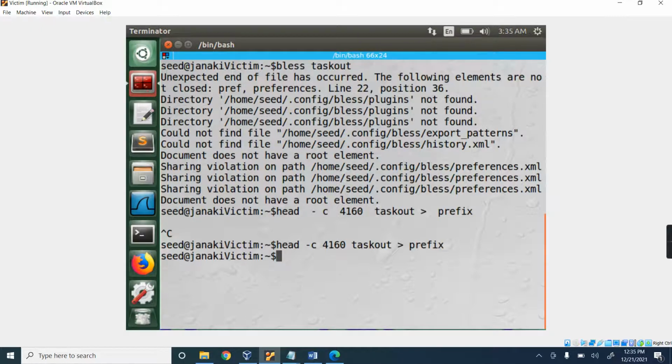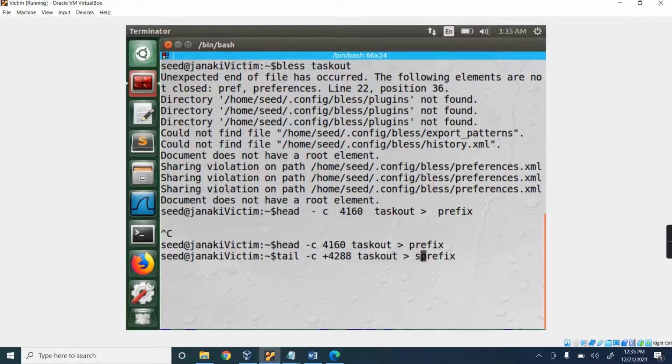So head is ready. Same way tail, starting from +4288, task out.